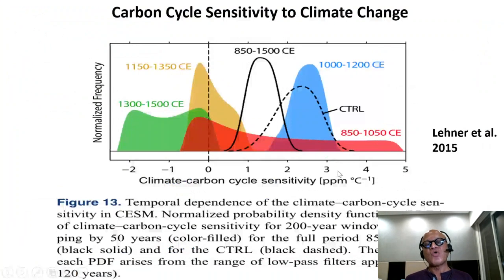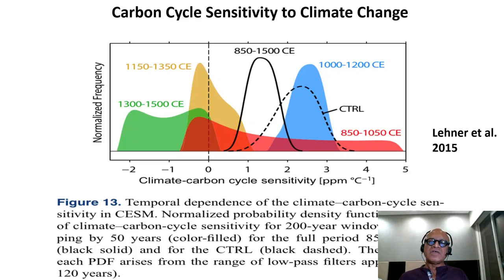Just to make life more interesting, we talked about climate sensitivity as not accounting for carbon cycle feedbacks, and we said carbon cycle feedback has concentration carbon feedback and climate carbon feedback. Now we will add additional complexity: the carbon cycle sensitivity to climate change is not constant in time. If you look at past periods and the current period, and obviously going into the future, the sensitivity